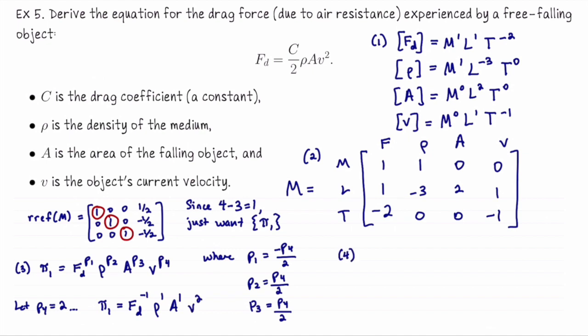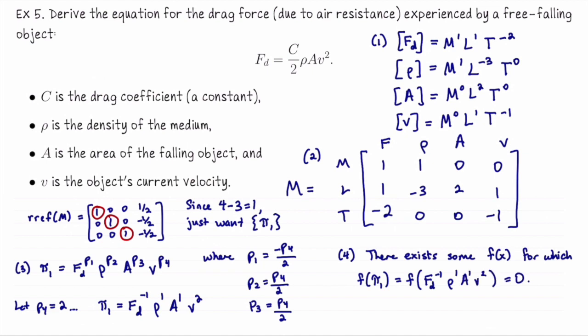Okay, now we do this sort of strange end of this process, where we're going to say that based on the theorem, we know there's some function out there, which is a function of one input, for which f of pi 1, in other words, f of fd to the negative 1, rho to the 1, a to the 1, v squared equals 0. So on the one hand, this is the form a root takes. On the other hand, the root of a function is just a number. So if I set that equal to some constant,